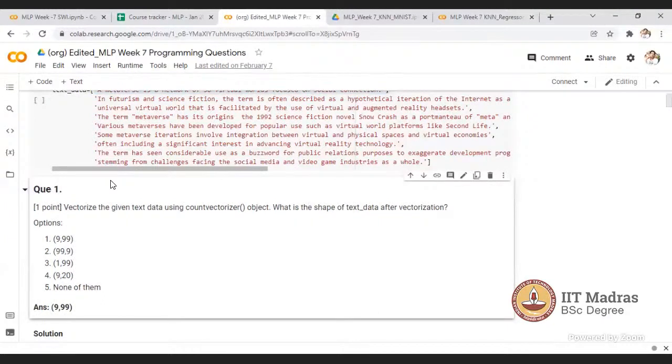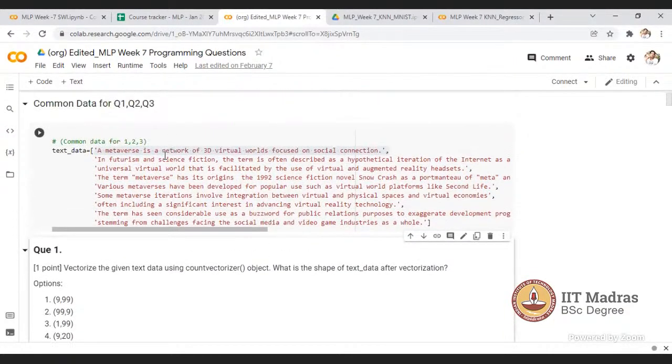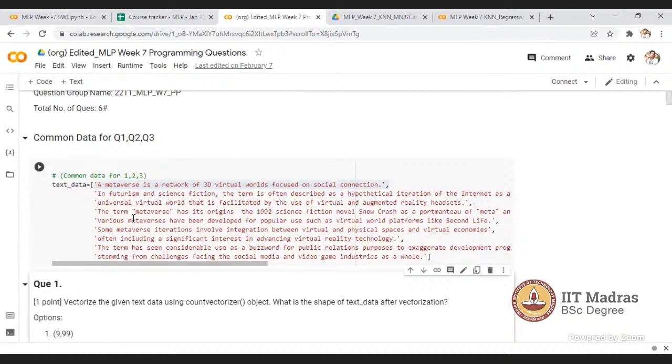When you have to search for a word in a dictionary, suppose you have to search for the word metaverse. How will you search? In count, you look it up as a dictionary method.